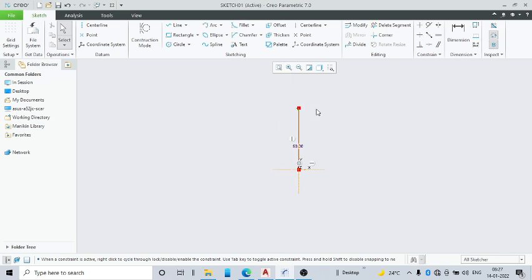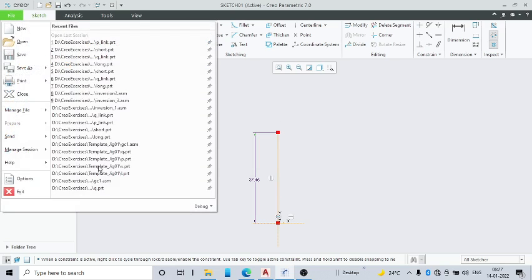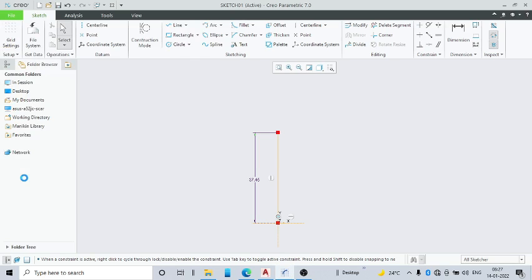So now you can see that the 50 mm dimension I have maintained, but it is not locked. If I drag this here, you can see it is moving again, up or down. So it is not the right way, right? So what I am going to do is go to File, then Options,